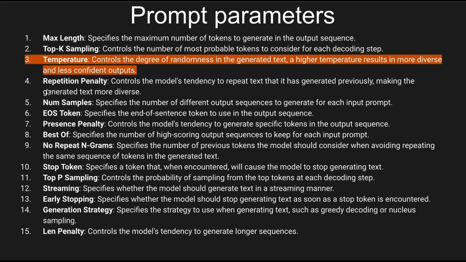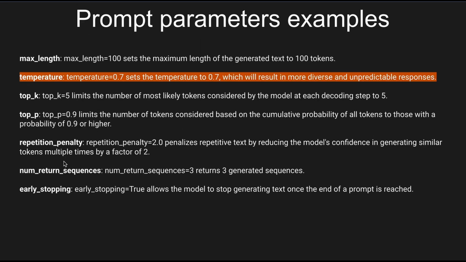So we have the repetition penalty, presence penalty, and so on. You can pause and read all of this just so that you're aware that if you're looking to do something specific, there's a parameter for that. And these parameters have numbers, as I mentioned, 0.7 for temperature. If you put it to 1 or to 0, it will give you completely different results.